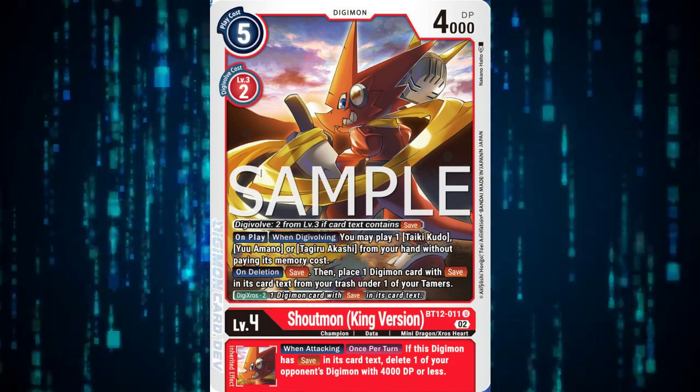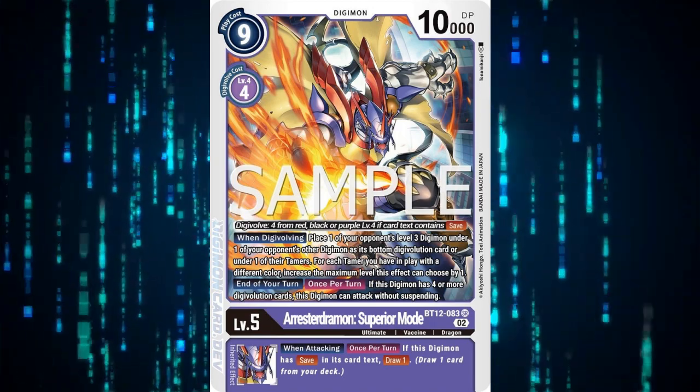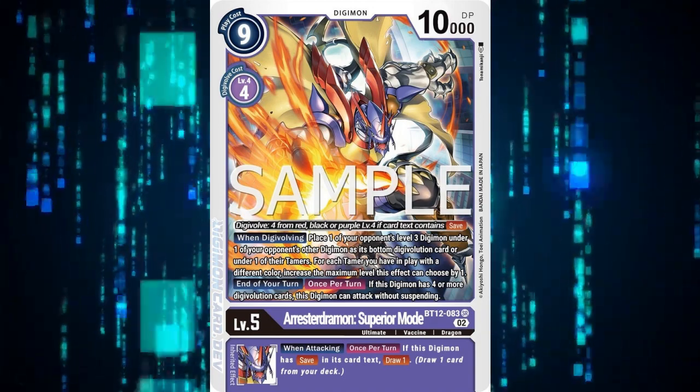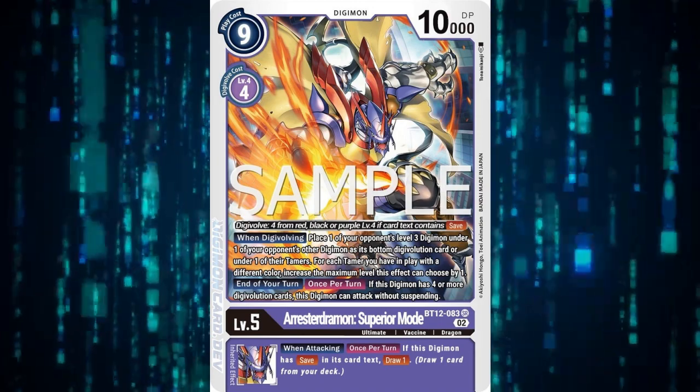Moving on to the level 5 slot, we have the reason to play this deck, Arrestdramon Superior Mode, a 9 to play 10k DP Digimon who can Evo for 4 from a red, black, or purple level 4 with save for a cost of 4. On Digivolution, you can place one of your opponent's level 3 Digimon at the bottom of one of their Tamers,